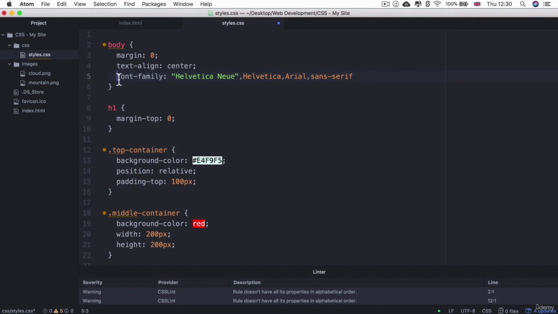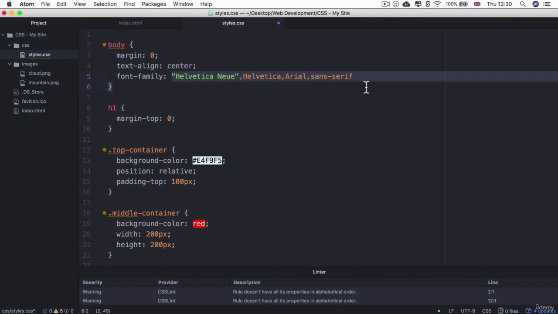So I'm basically saying that I want the font family to be Helvetica Neue if they have it, and if they have an Apple system, then it's very likely that they will have this font installed. If they don't have it, then default to the next best thing, which is Helvetica. And if they don't have that, then default to Arial. And finally, just go with whatever sans serif they've got installed if they don't even have Arial, which is very unlikely. But you can see how we're going from specific to less specific, and all the while ensuring that we're getting roughly a similar sort of typeface and similar sort of feel,